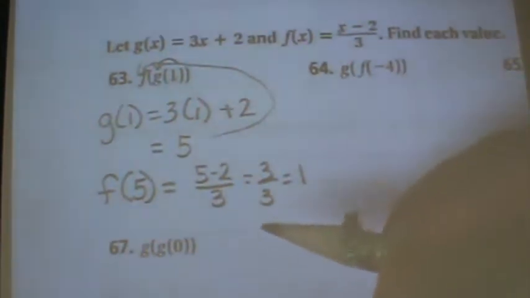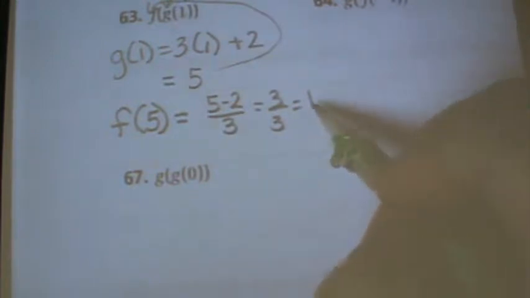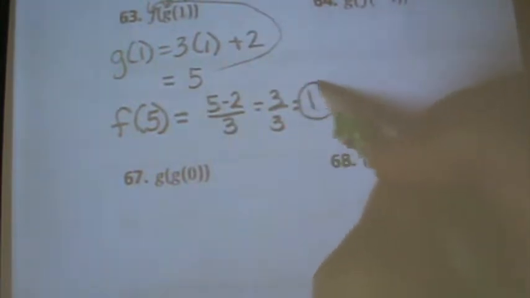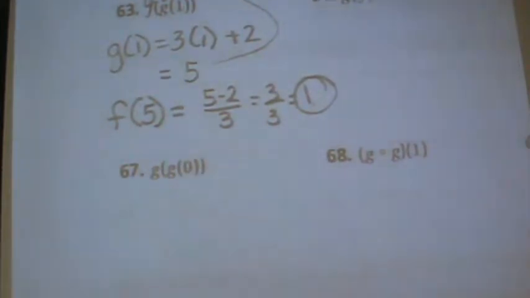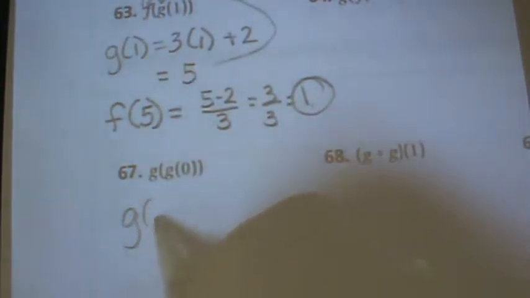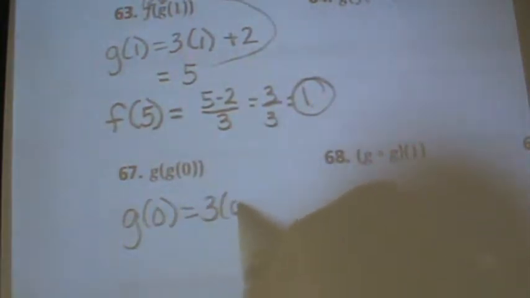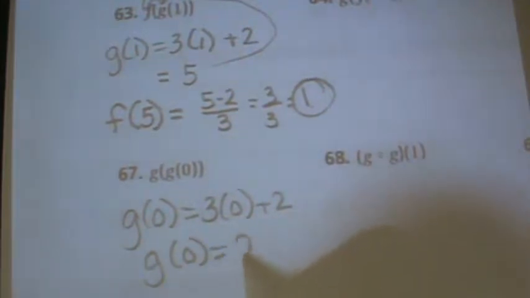Now, what about this, go to 67. What's this g of 0? What's the final answer of that? Just 1. Okay, this is the final answer, 1. So what does this g of 0 mean? What is it telling you to do? Plug 0 in for g. If you put a 0 in here, what do you get? 2 times 0 is 0, plus 2 is 2. And plug 2 in for f: 2 minus 2 is 0. Very good. So f of 0 comes out to be a 2, and now you're going to plug 2 into